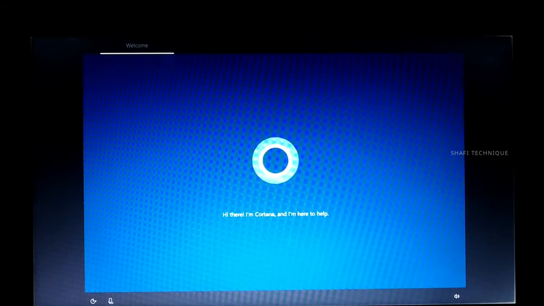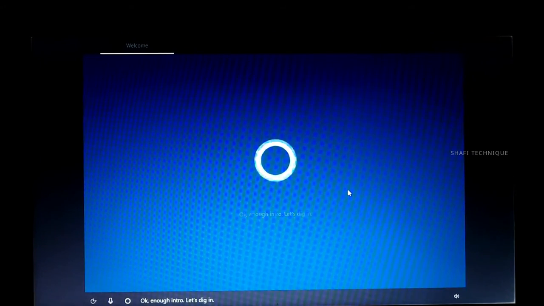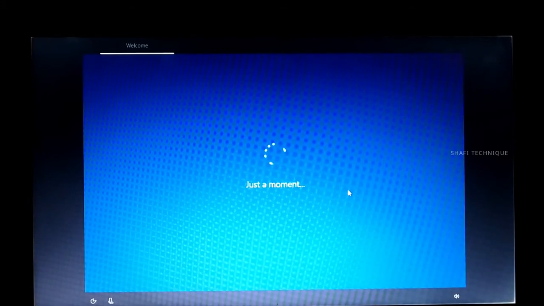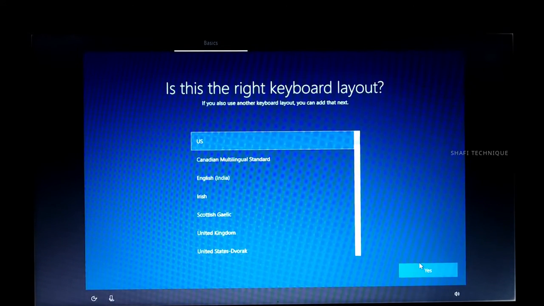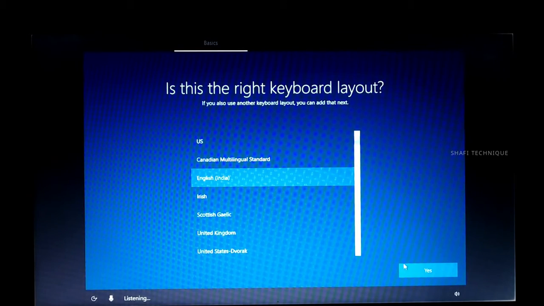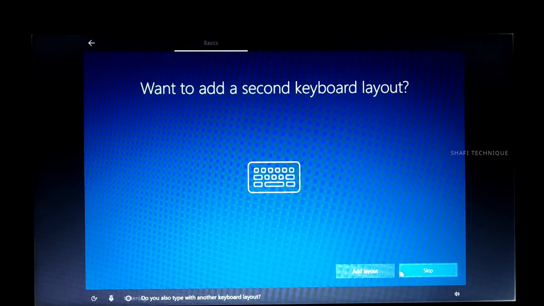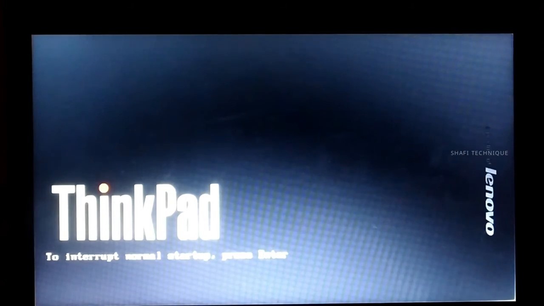Now don't click on anything, just wait for a few seconds. Now select your region and click on yes. Select the keyboard language and click on yes. Skip this step. Now your PC or laptop restarts automatically.